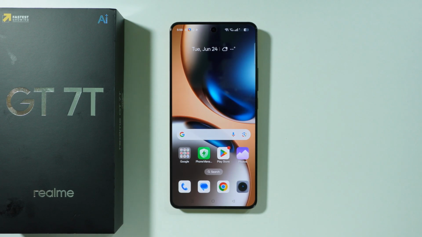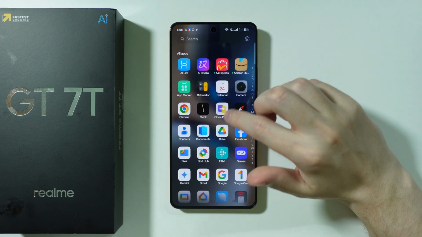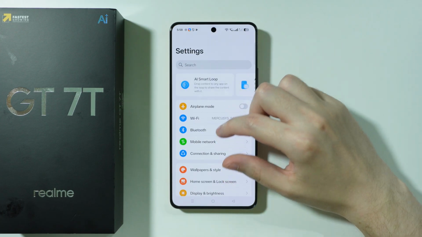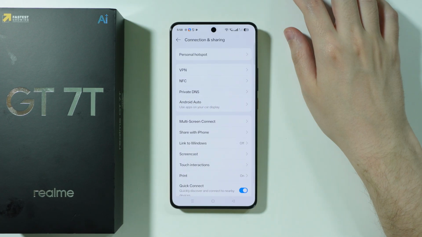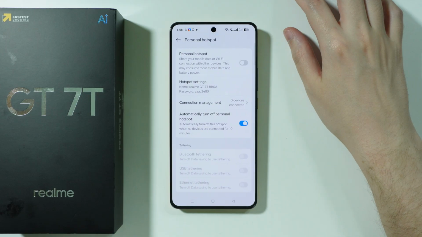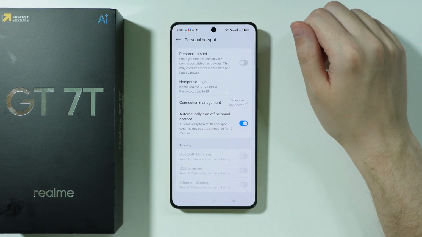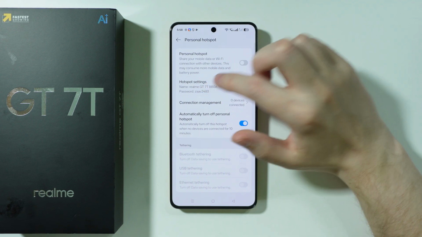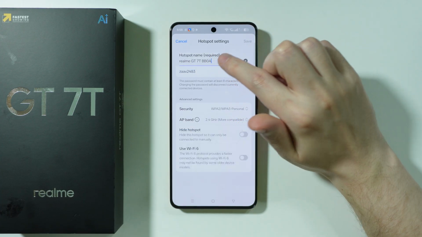In order to enable and set up the mobile hotspot on Realme GT 7T, all you have to do is open Settings. Then you want to choose Connection and Sharing, and you should be able to find Personal Hotspot. If you go here for the first time, you can go to Hotspot Settings in order to set up the